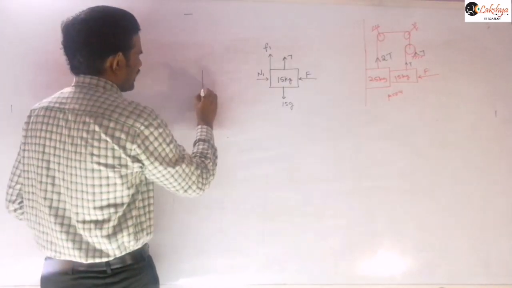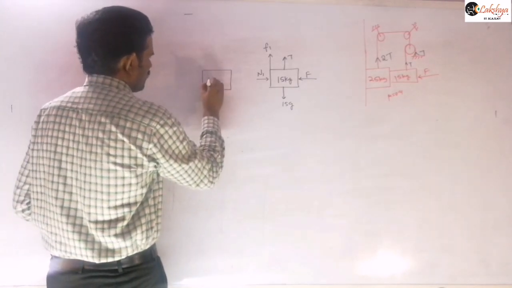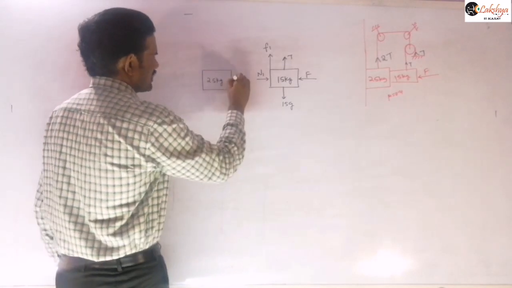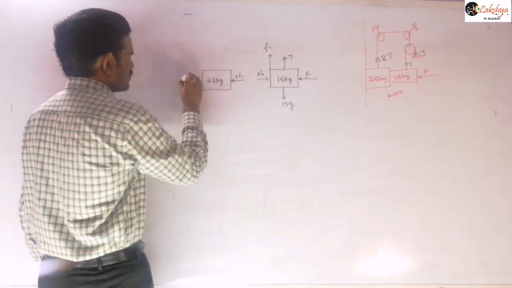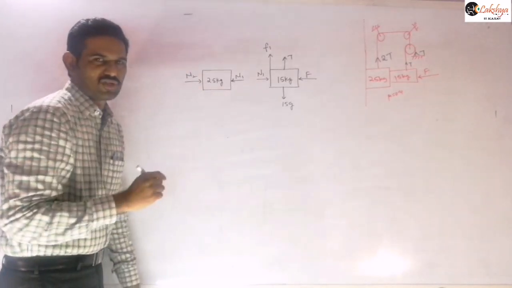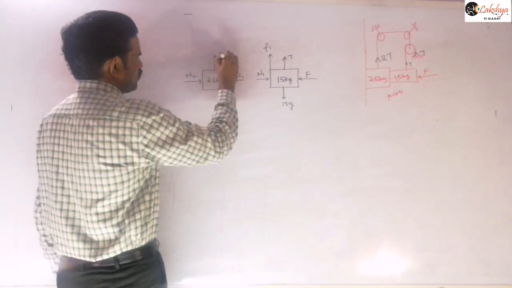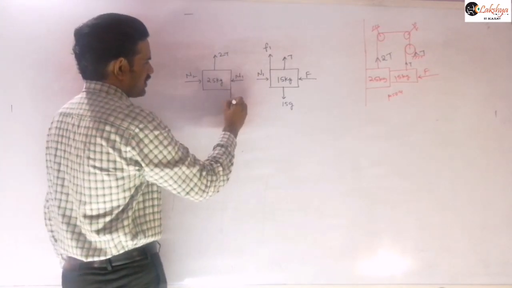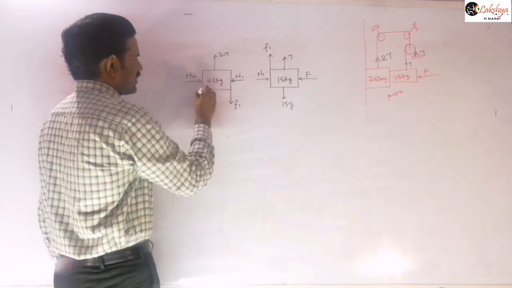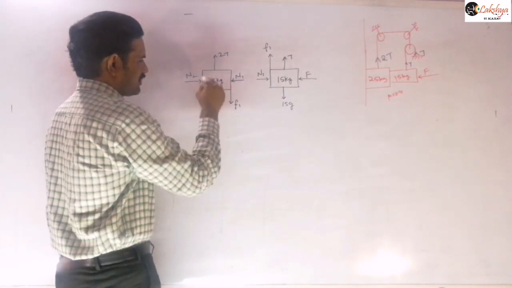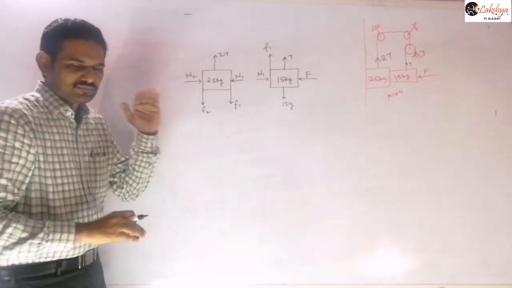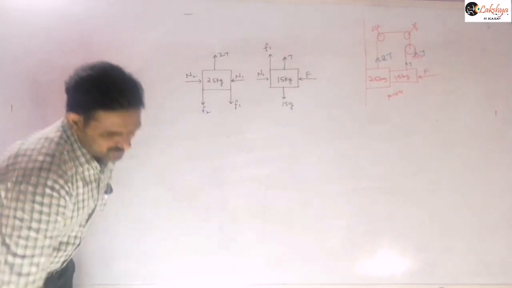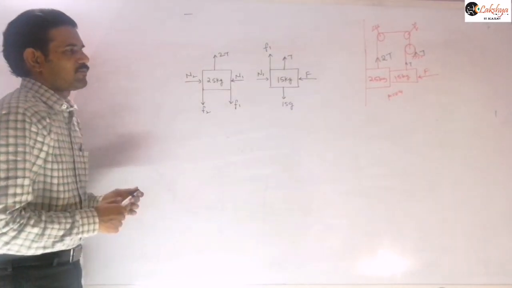And let us take the free body diagram of this 25 kg block. This N1 will be along this direction, and from this wall N2, both equal to F. And here the tension will be 2T. Now the reaction force for the friction will be F1 in the downward direction, and similarly this frictional force F2 will be in the downward direction, because as I said, this block has a tendency to move in the upward direction.